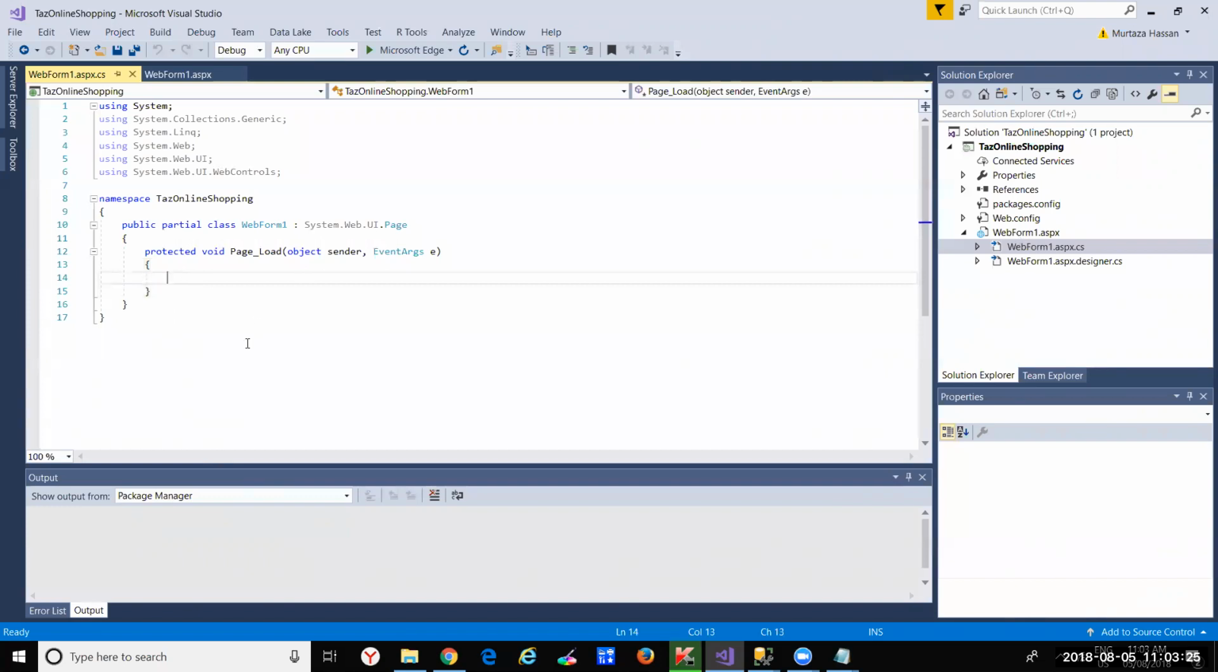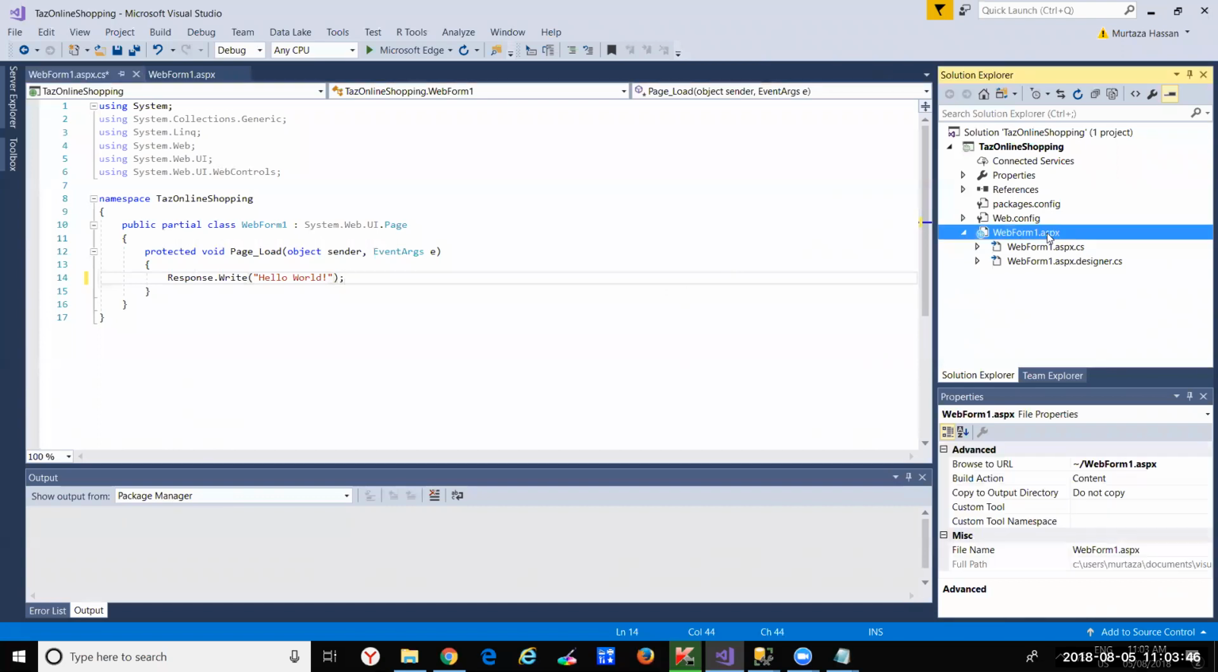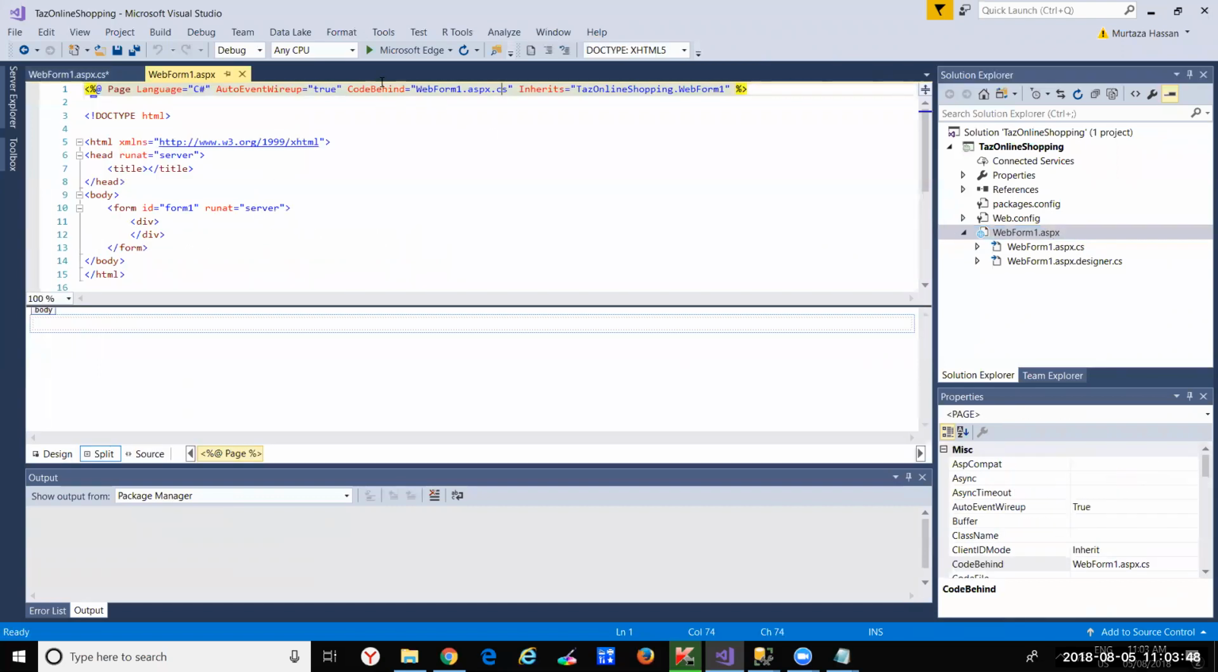All right, so let me give you a quick demo. I'll just write here Response.Write, hello world. All right, and if we go in the web form here and run this, if we just click on the play button, I'll just change the browser to Internet Explorer. If you click on play,